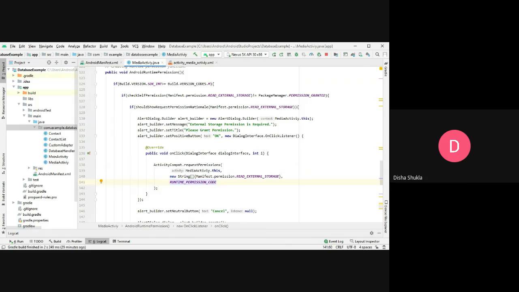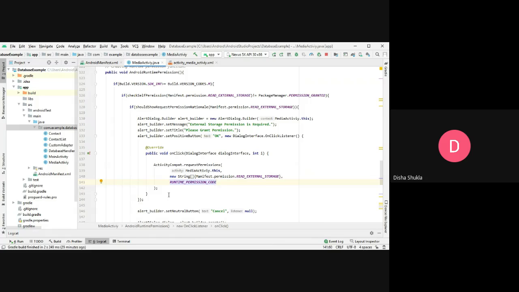I am passing this code. So using this code, if I get this particular code as a response, I can compare both these things. Such a thing was done in start activity for result. See, in start activity we didn't pass any kind of code because we were going from one activity to another activity.